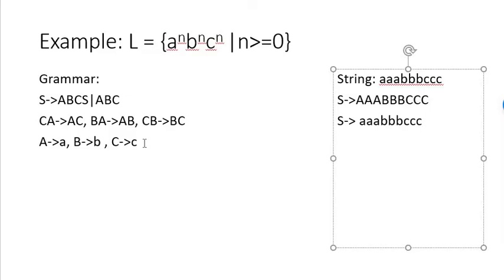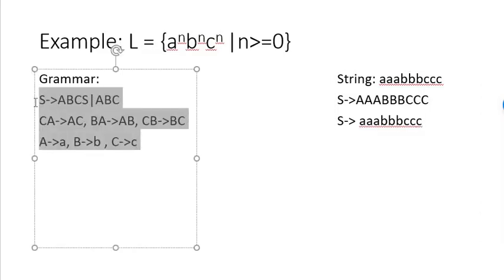Now if I use this grammar, of course this grammar can generate each and every string of this language except null. We'll talk about null later, right? This grammar can generate every string of the language, but the problem is this is not the correct grammar of this language. Why? Because this grammar can generate few strings which are not in this language. Again, I'm saying this grammar is not correct grammar because this grammar can generate few strings which do not belong to this language.